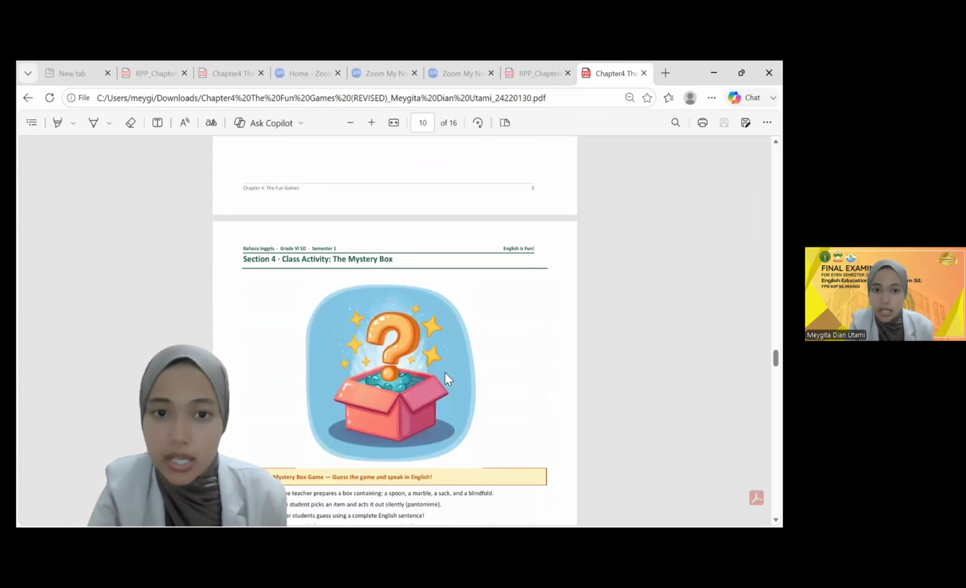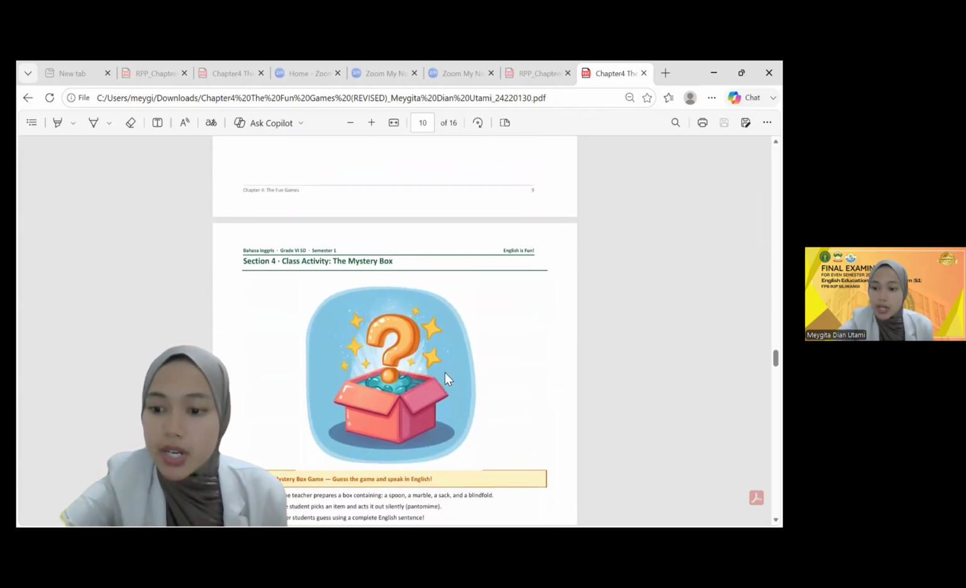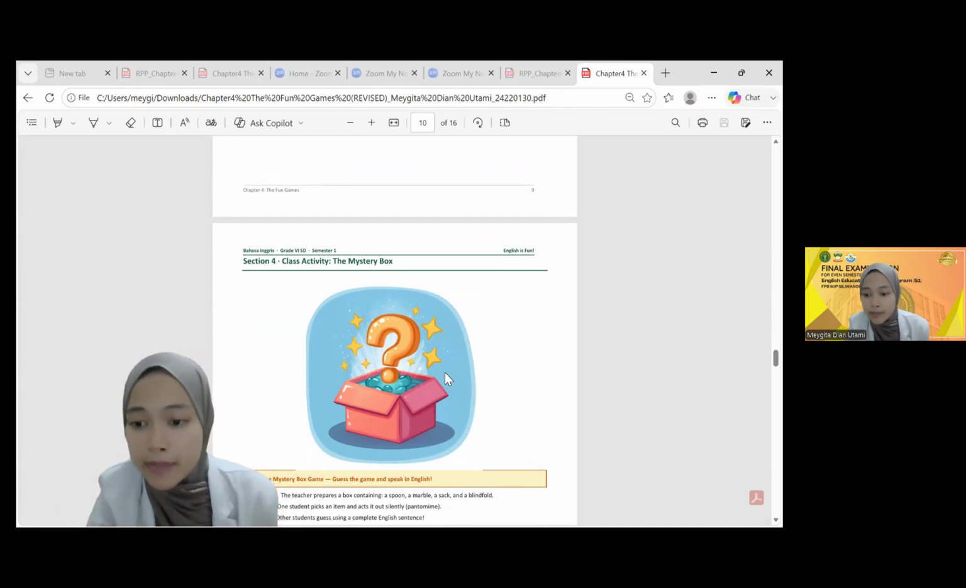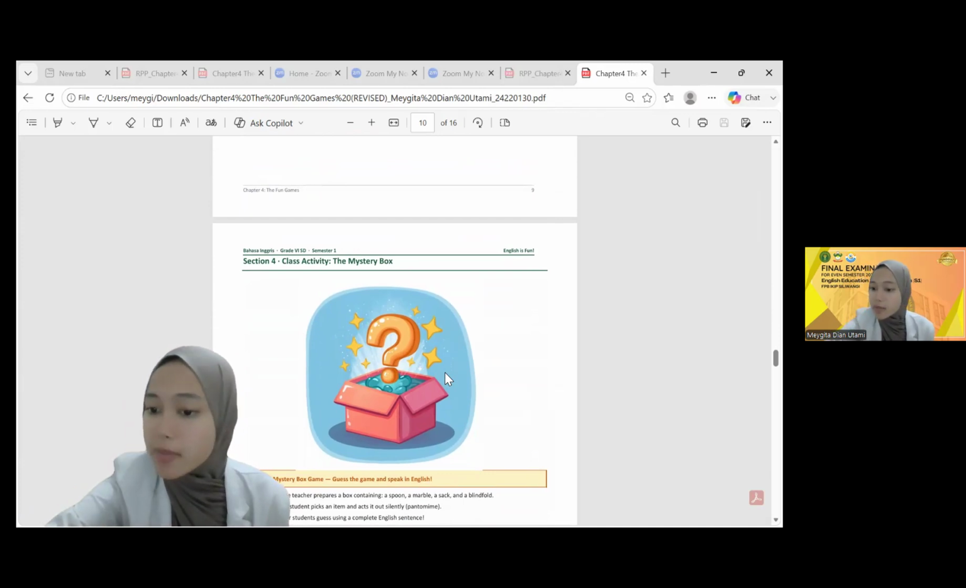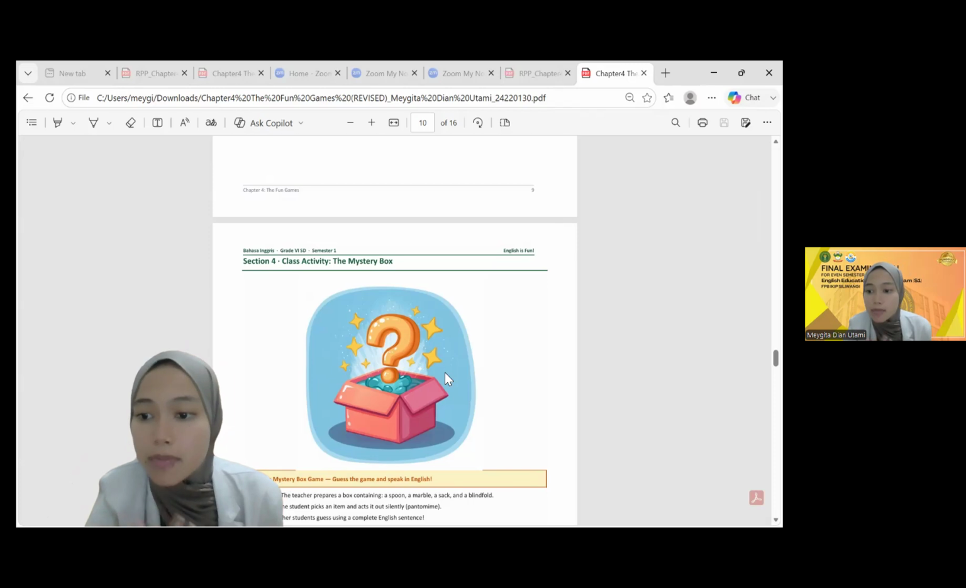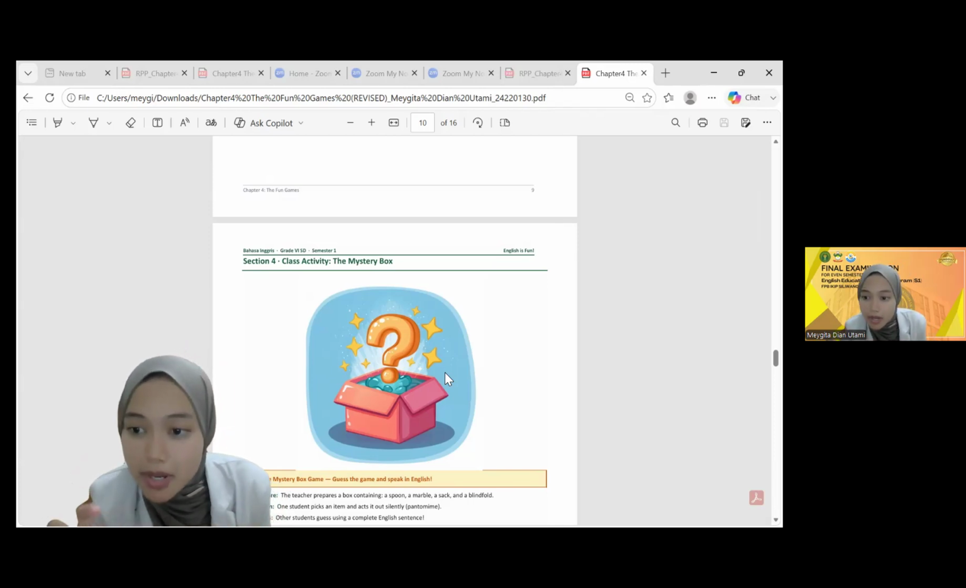Section 4 is the mystery box game. The next activity is the mystery box game. This section transforms vocabulary practice into an interactive speaking activity. Students choose an object from the mystery box and perform it through pantomime, while other students guess the game using